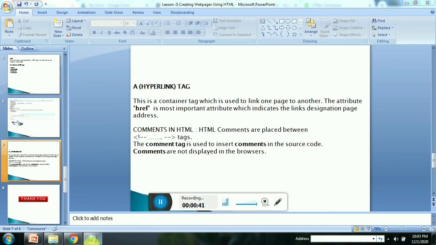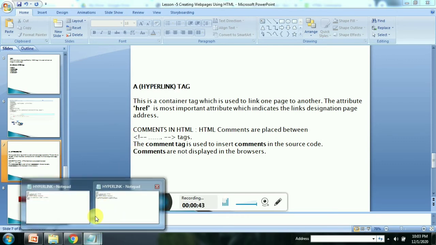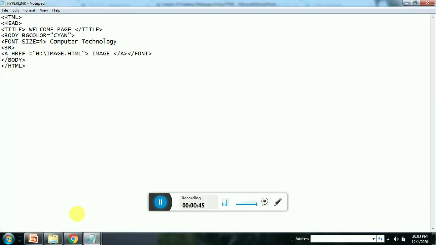So let's see one example. Here I have created one program, and here I have created a hyperlink with the a tag and then the href attribute, and here I have given the source of the another page where I want to move.